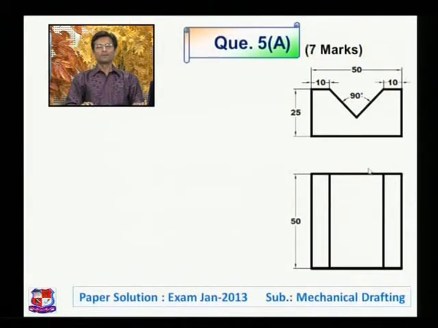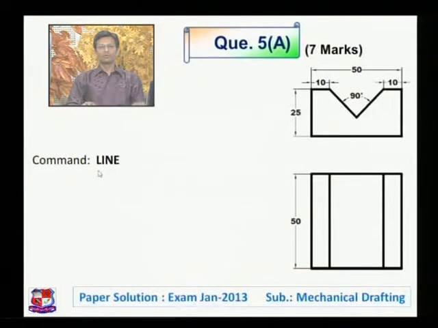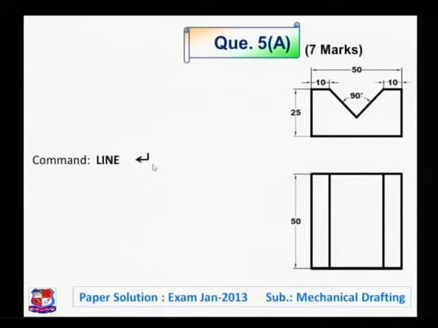Now to draw the component in AutoCAD, we start from here. Let me pick up this point. So we start drawing from this point. In the command prompt we have to write LINE first, and then enter. If we write line and enter, the next prompt would be: specify first point. In our drawing we assume that here y axis is there, here x axis is there. So this point would have coordinate 0 0. So we have specified the first point as 0 0. So this is our first point.